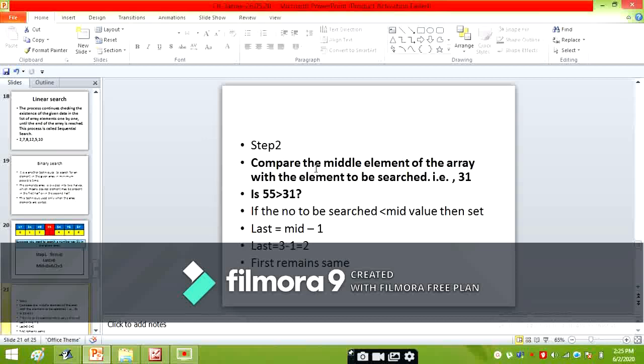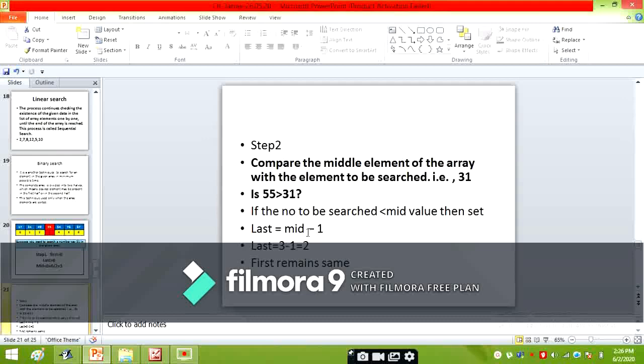If the element you want to search is less than the middle value, then the search will take place in the first half of the array. The first index will remain the same and the last index will become the middle position you got minus 1.